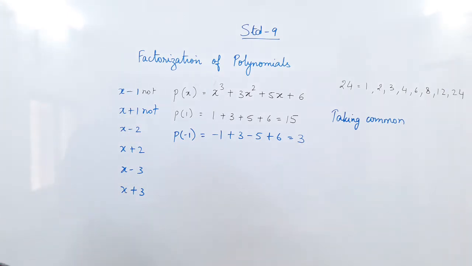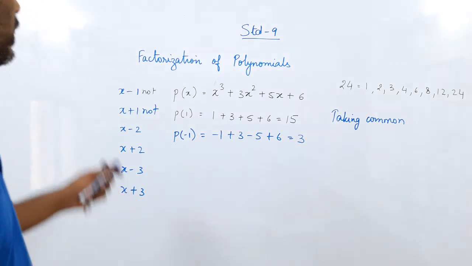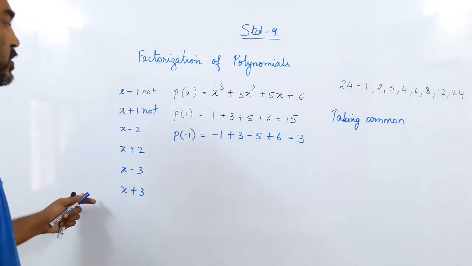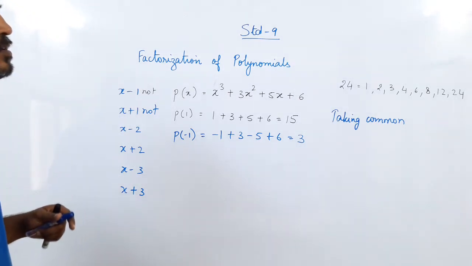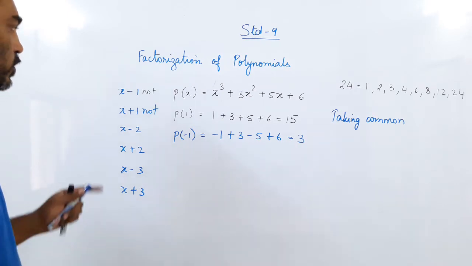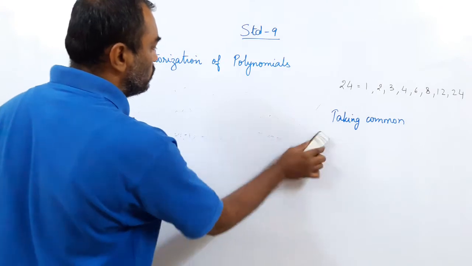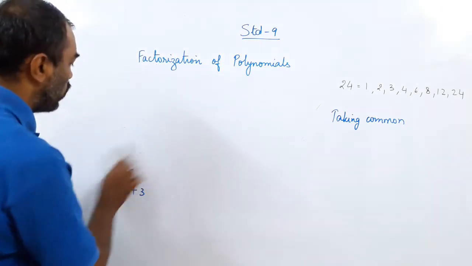In the same way, we can keep on trying the others. But that is a trial and error method, very, very cumbersome. Takes a very long time and we may not be able to get the answer. So we should have a method to find out the factors directly. Now in one place you will need this method, but there is a combination of methods which we are going to do today. Okay? So first of all, we will revise the quadratic equation.